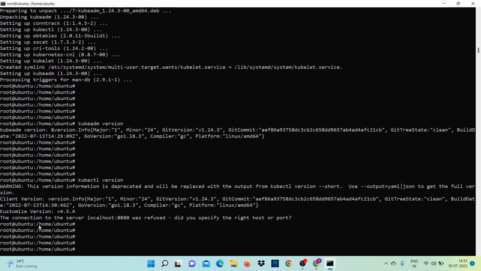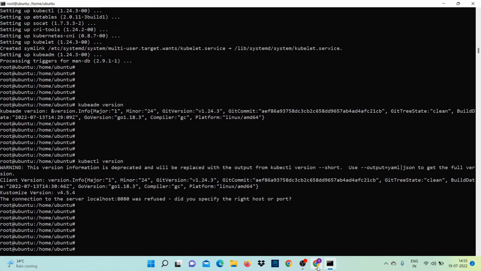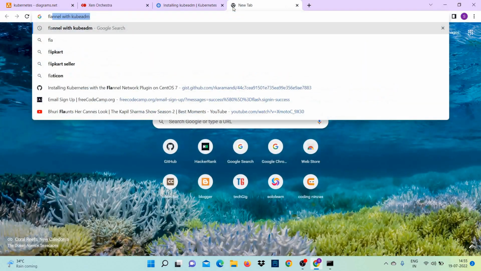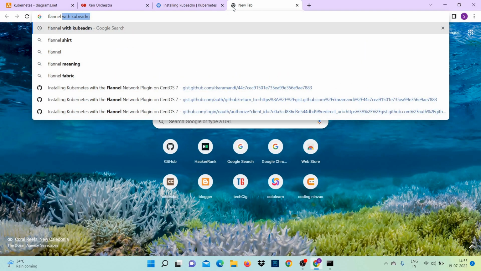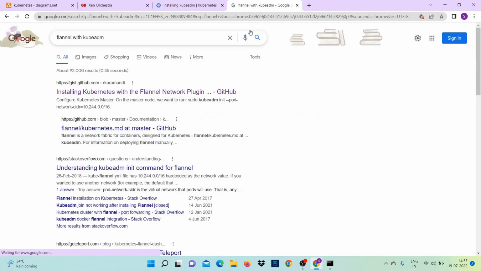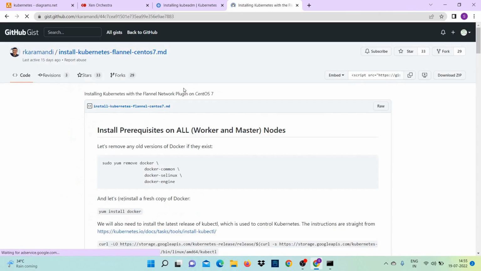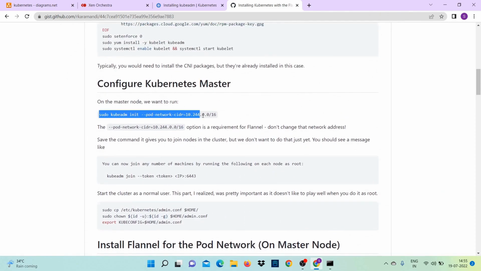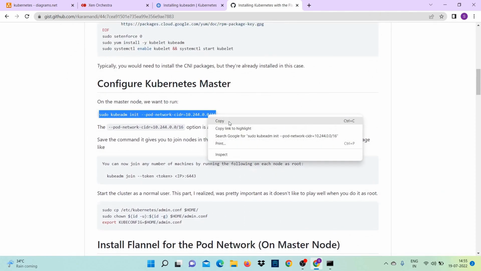Okay. Now we have to make the cluster as these three things are installed. I am using flannel for the container network interface, as kubeadm is most preferably used with flannel. So let's make a cluster. On the master node we want to run